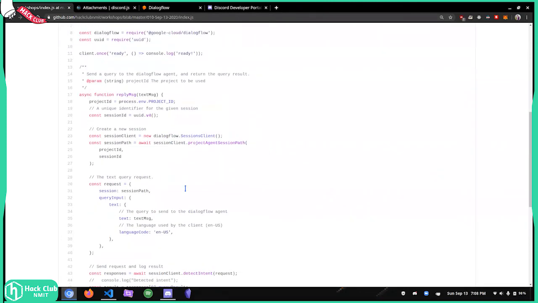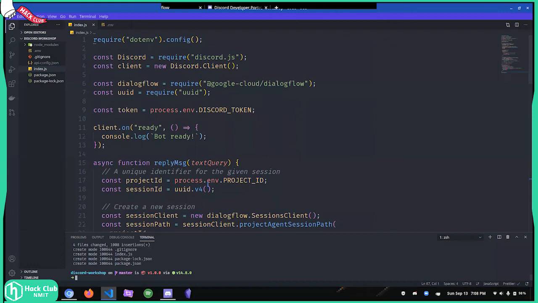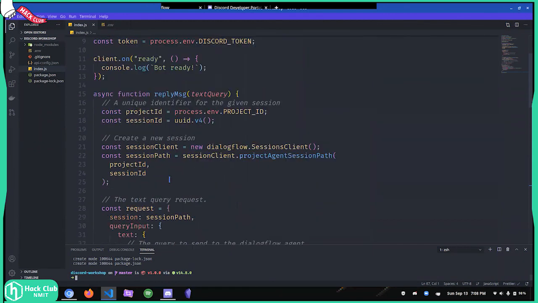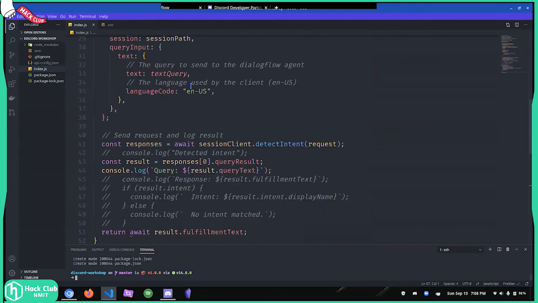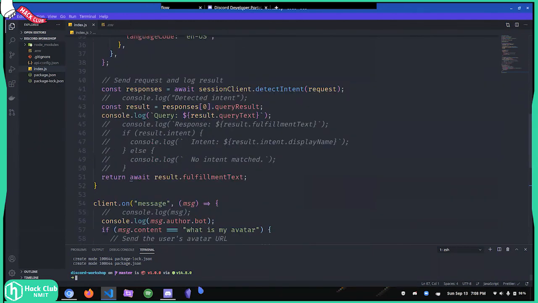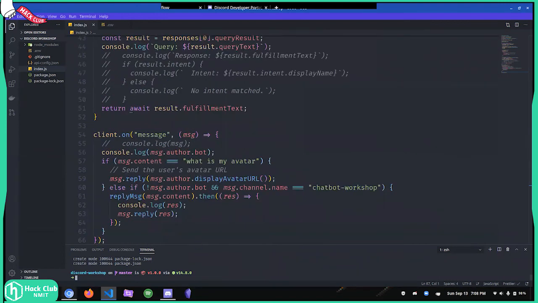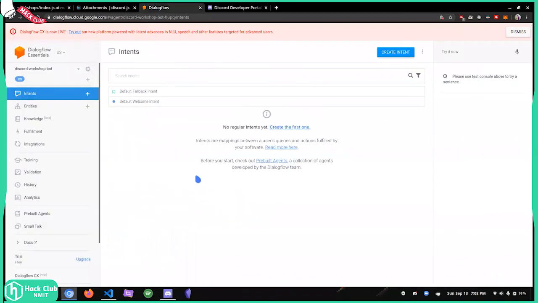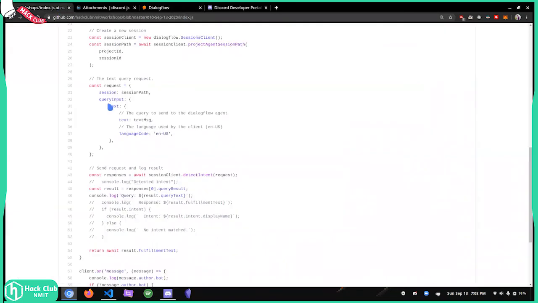So yeah, I think I have pretty much covered everything there is to know. For the guys who have followed along with me, I know that I was really fast. I needed to complete this within 1 hour or something like that. Now that our bot is in fully working condition, if you want, you can run it a few more times. You can go to Dialogflow and change the intents and stuff. The sky is the limit.